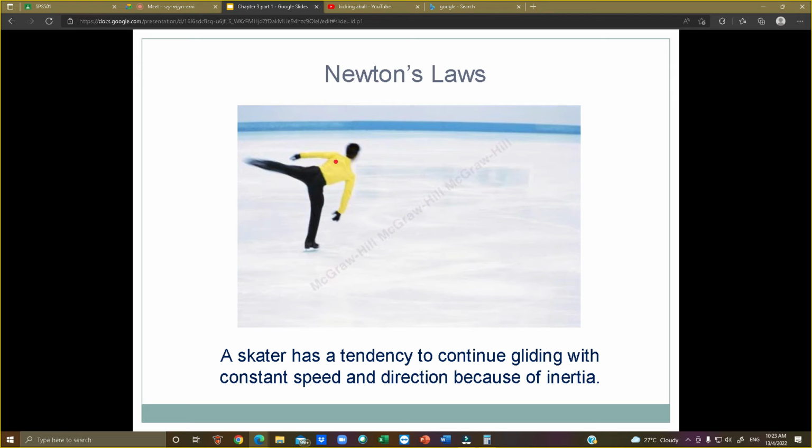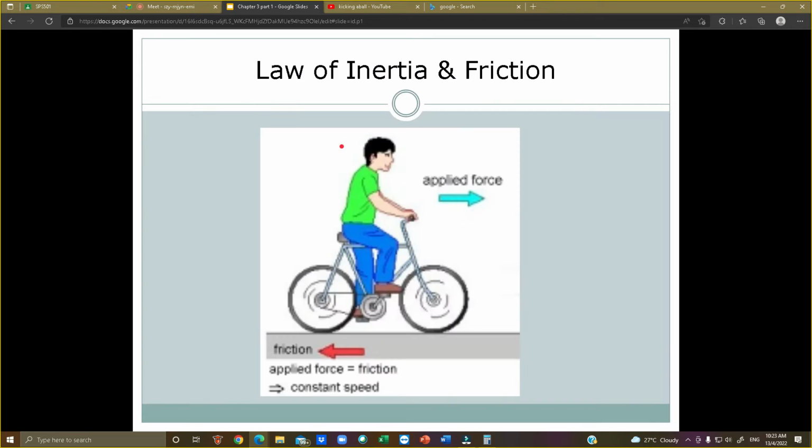Itu Newton first law. Okay, kawan dia, kita cerita Newton first law, dia mesti ada kawan. Okay, ni contoh. Kalau kita tak kayuh, if you don't pedal, the bike won't go, simply because they are weak. So macam mana kita nak bagi dia bergerak? We need to pedal. We need to pedal hard. When you pedal means you put force lah, and then change happen. Itu cerita Newton law yang pertama.